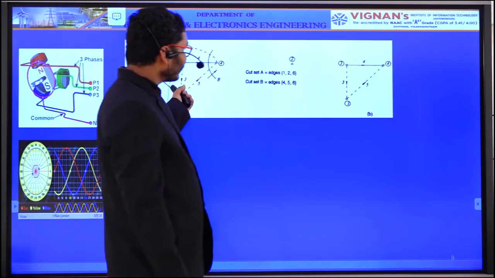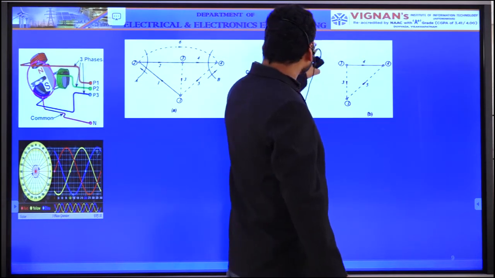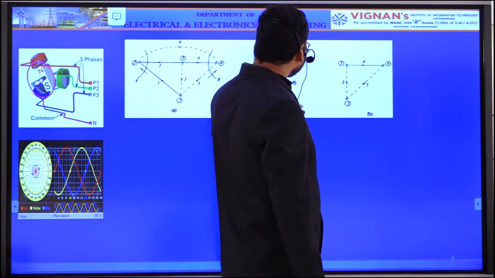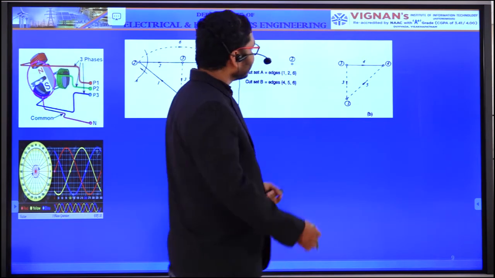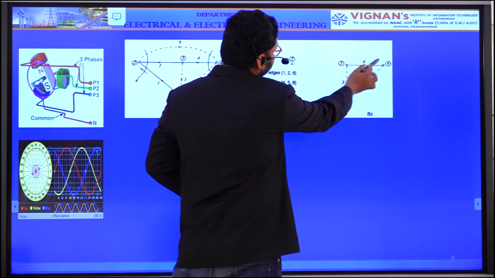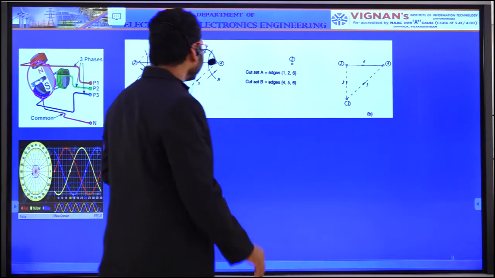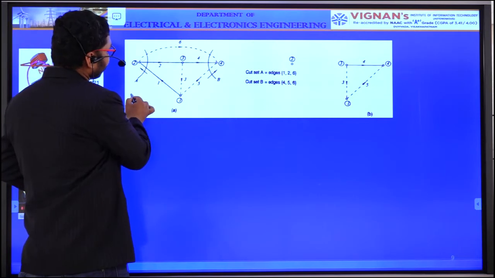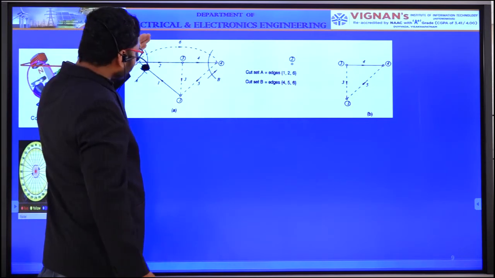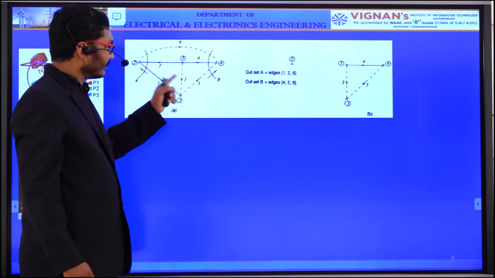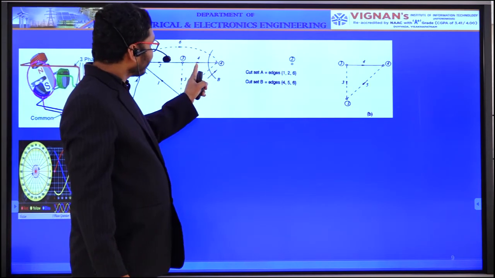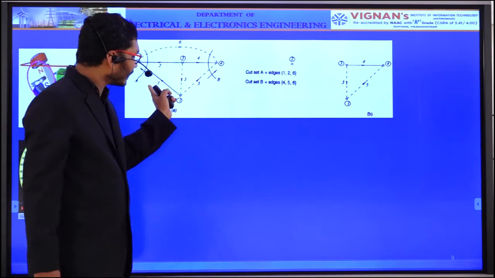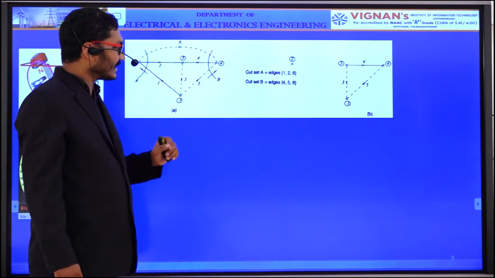The graph looks like this. If you remove the 1, 2, 6 branches, the graph looks like this: one part, and another part. So this is cut set A. Suppose here I am cutting, removing the 1, 2, 6 branches, this is one cut set. If I remove 4, 5, 6, that is another cut set. You can also remove 1, 3, 5, that is another cut set.